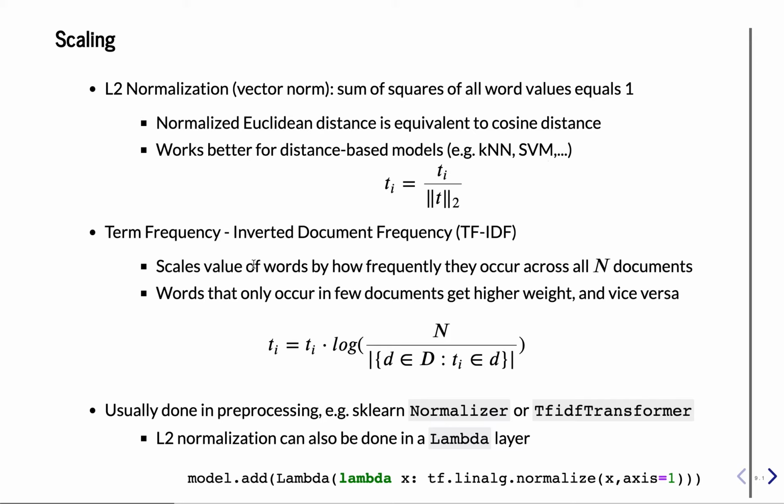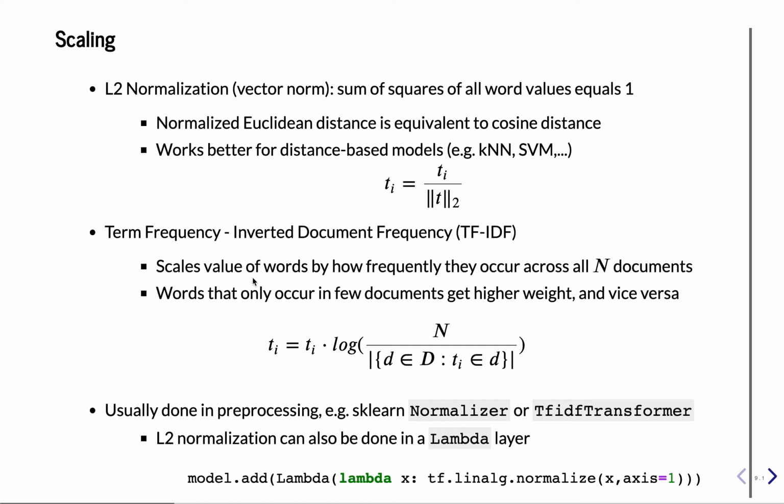Another very popular technique is term frequency times inverted document frequency. And this rescales the frequency or the counts of your terms in the document depending on how often it occurs in other documents. The basic idea is that if you have a very rare word that only occurs in this document, then you should give it a higher weight, while a word that occurs in all documents, like the or an or something else more common, you should give it a lower weight because it's not very indicative for this